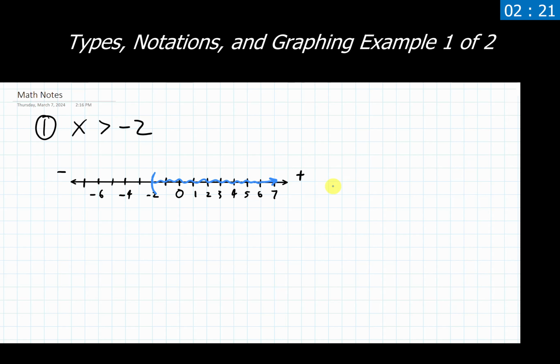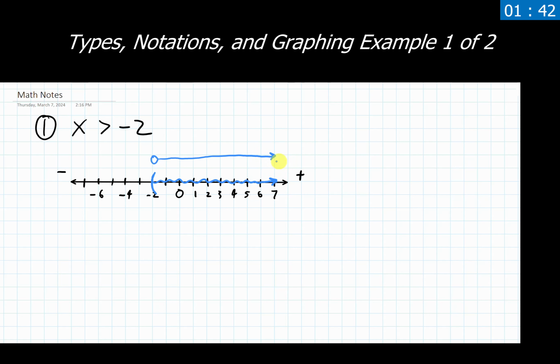The other option that you can use, instead of using parentheses, is to use the open or closed circle right at -2. Remember that the greater than symbol corresponds with an open circle, so instead of having a parenthesis here, I could put an open circle and then fill in everything to the right of that. Now this part that I have written up here, it's written above the number line. You could just put this down below and have it right on the number line if that's what the program or your instructor is calling for. But either way of writing these things out works. So we have this thing graphed.